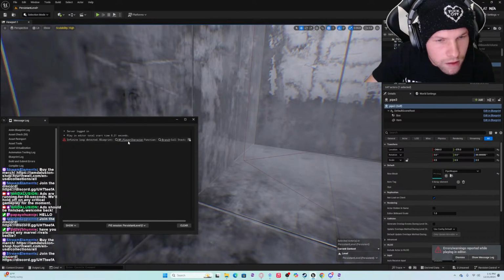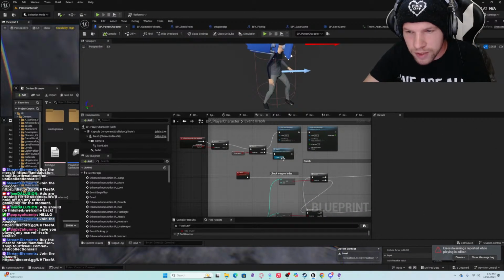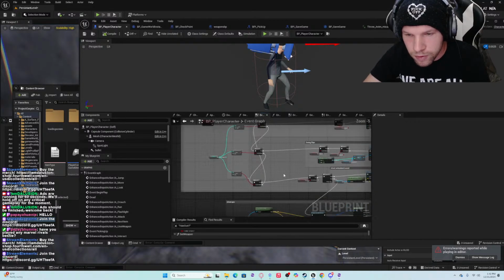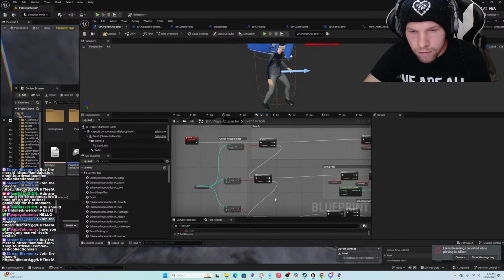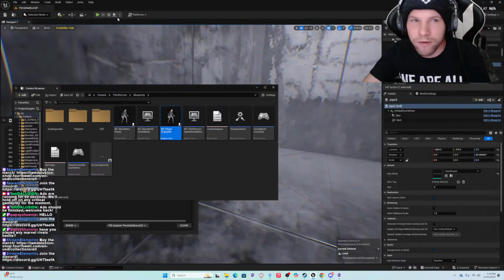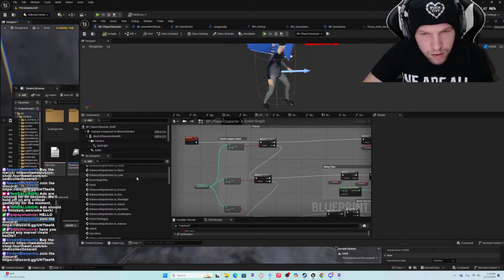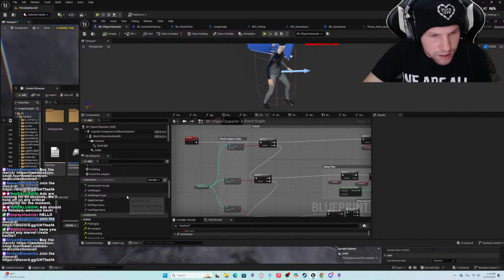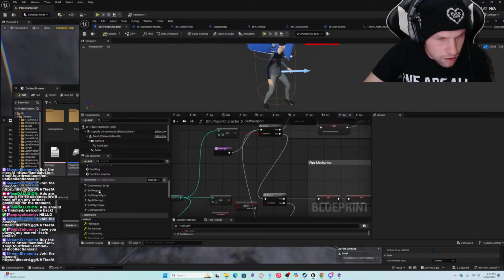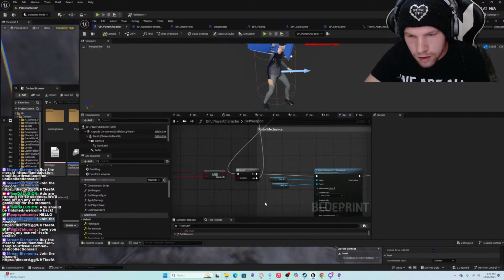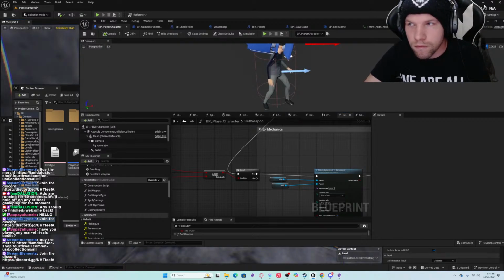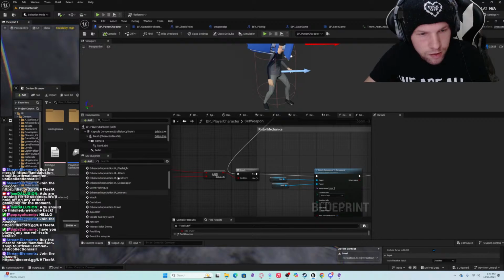Oh, infinite, okay, I was worried about that. Yep, so there is an infinite loop. Okay. So it doesn't like that. I was worried that was gonna happen. So it's probably gonna happen in there as well. Where is that function? Set weapon. And then let's go back to the event graph.